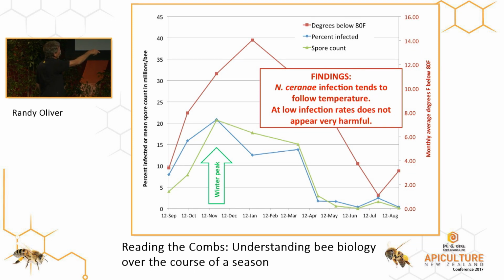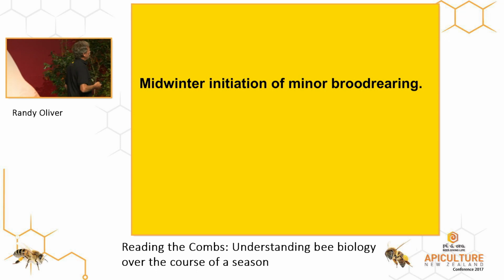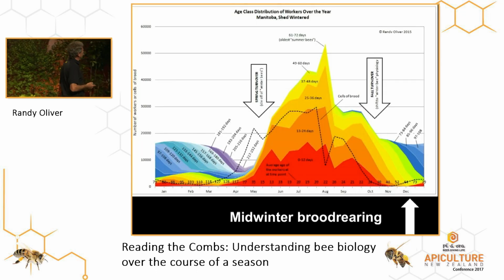When it starts to warm back up, nosema starts to disappear, nosema ceranae. So people talk about it being a warm weather nosema. It's a cold weather nosema. It will increase if there's a big pollen flow coming in, because when there's a lot of pollen coming in, nosema increases in the bees' guts, but it doesn't tend to hurt the bees at that time because they have so much nutrition. They live about the same amount of time. Then we're back to midwinter.